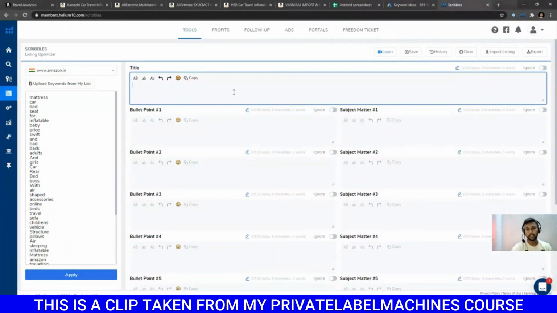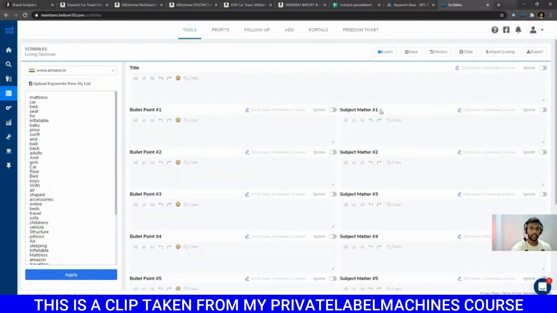In the next session we are going to discuss the backend, how everything works, and where to put the keywords, because here you see it says search term, subject matter search term, and in the India marketplace we do not have access to subject matters for many of the categories. There are some other places also, like the fabric field. The fabric field is available to a few categories, and if you put something in the fabric field, you get an extra bullet point that appears in the product description.